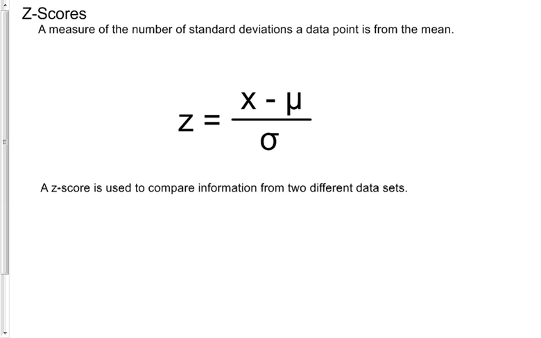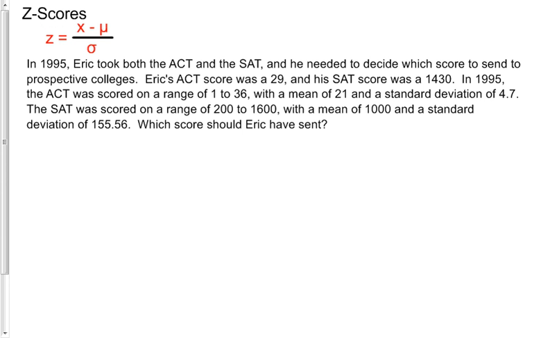So what I'm going to do with this is use the z-score to compare two different sets that have different means and different standard deviations, so that we can decide which one's actually the better response. So looking at an example of this, we are given an ACT score of 29, which is out